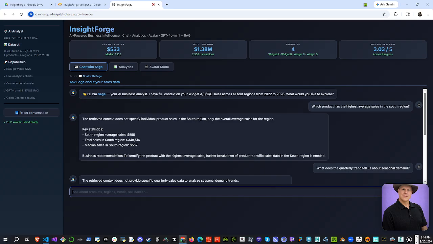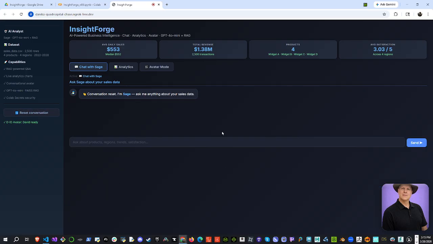But that gives you an overview on the different areas. And also, as we work on it, we can update the data as we get newer information. Now, I can also reset the conversation over here on the side. And let me go ahead and switch over then to a walkthrough about the architecture to show that to you